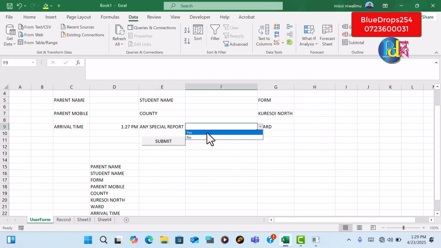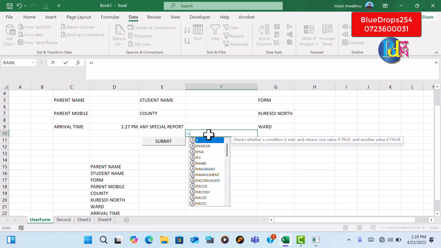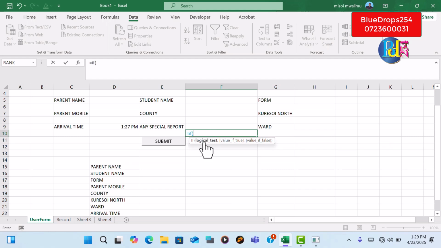And if the parent has got a special report, you can direct the parent where they will give their report, maybe to see the principal or send them through the email. And so that means we are going to use another formula here. Say is equals to if. And then you cross the parentheses like that. And then the logical test here is that if this cell here where we need the special report will be equal to yes,